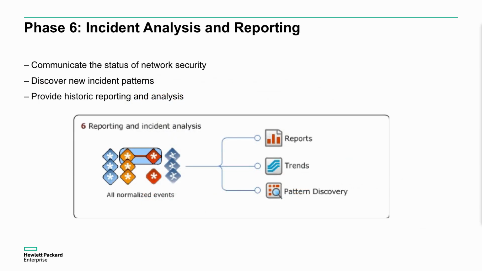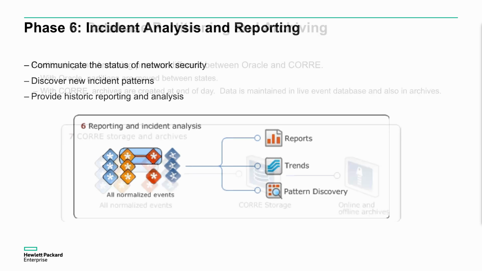Then we get to phase 6 side of things, which is the incident analysis and reporting. So we do need to have a way of providing an effective reporting mechanism, be able to identify what overall trends are, and then if we want to, even use things like pattern discovery or threat detector to actually identify some patterns that are new that we haven't identified before. So again, this is phase 6. This is how we're interacting with those events and how we're accessing and viewing the events themselves,